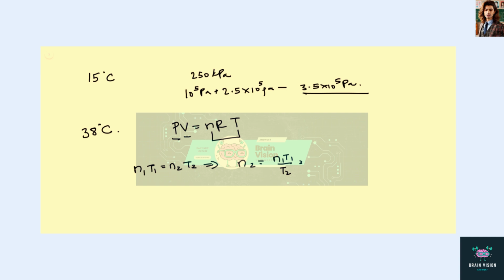So from this equation, let's find n2 by n1. That is T1 by T2. The initial temperature was 273 plus 15 in Kelvin. The final temperature was 273 plus 38 in Kelvin. This gives us